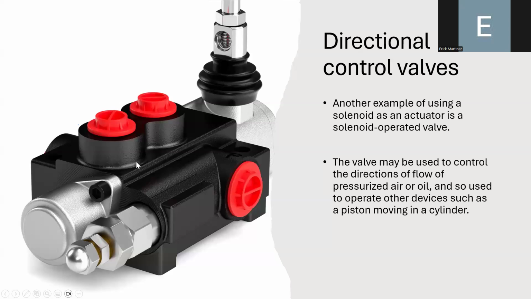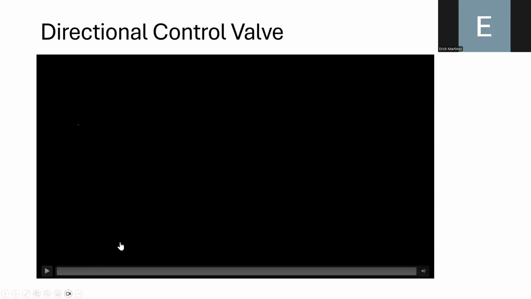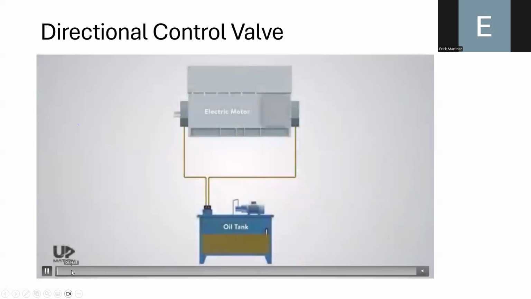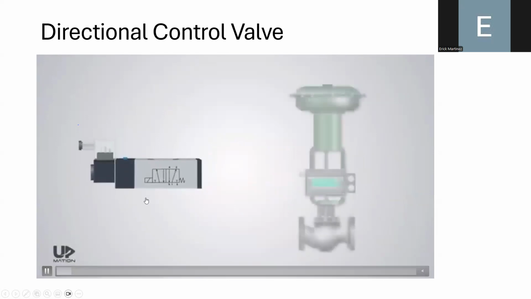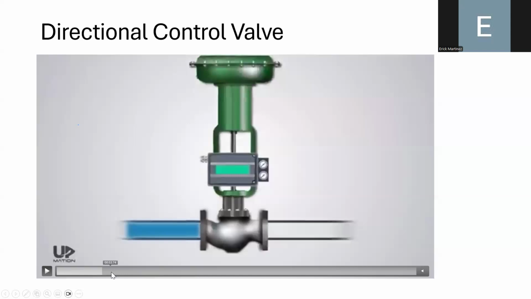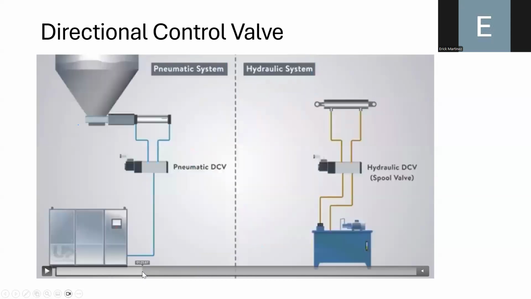And this fluid can be air or oil. Based on the pressure generated by these fluids, we can control, for example, pistons, that can automate certain manufacturing processes. So, for example, here we have a small video of the application of a directional control valve. This is a schematic of a directional control valve. Basically, this directional control valve can be used to control, for instance,